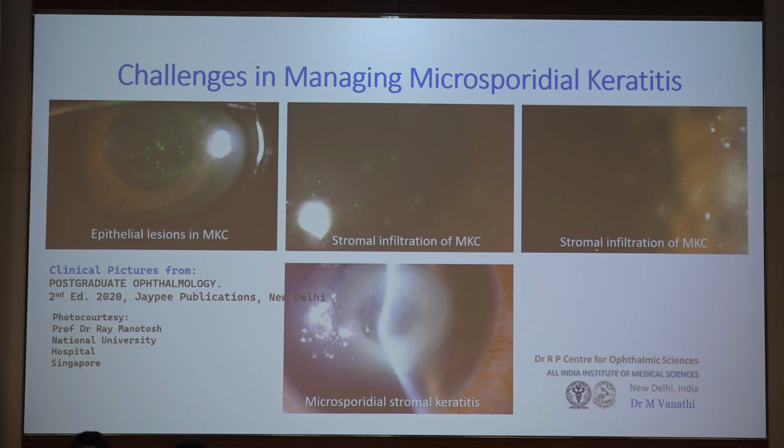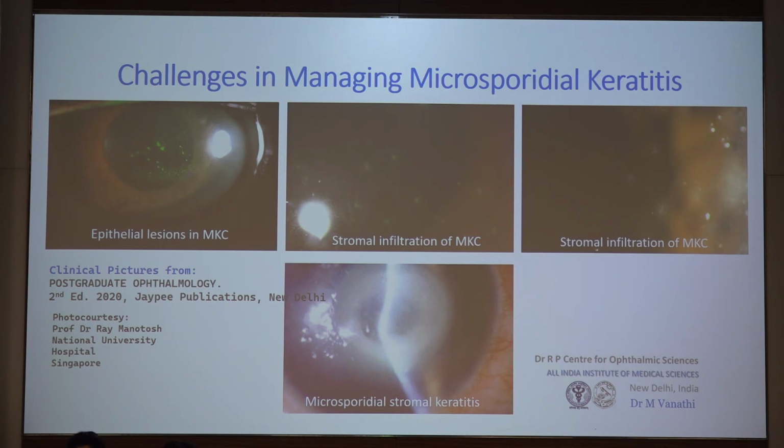So again, remember, these lesions also are immune lesions to the epithelial infiltrates, and if they are self-limiting, they are going to be going away. But if you would find a patient coming to you on the second or the third week following a primary keratoconjunctivitis lesion, you have immune infiltrates in the cornea, and you can have an associated iritis as well. So that's why I would probably red flag and call my patients back 2 weeks down the line following a diagnosis of a microsporidial keratoconjunctivitis to rule out an immune infiltrate here.